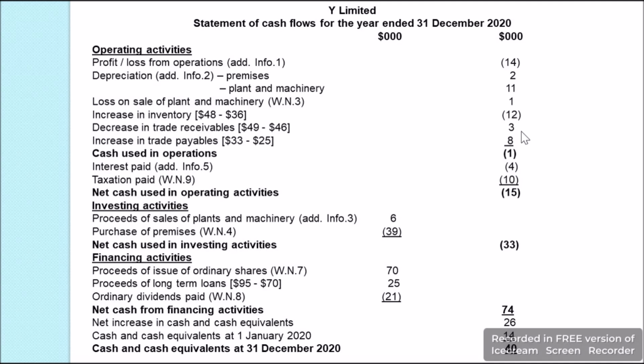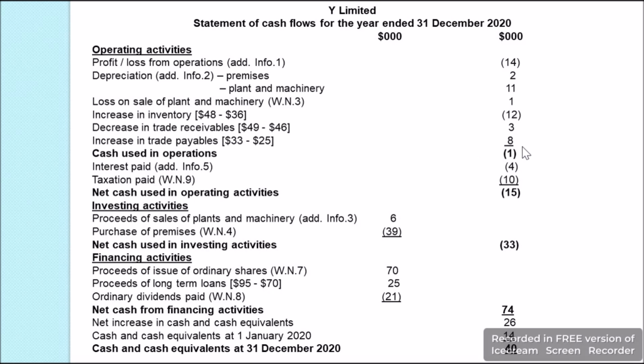Then we have increase in trade payable, which means Y Limited was able to buy more goods on credit and was able to sell them, and as they are buying it on credit there was no outflow of cash, but as they were able to sell more goods, hence there was inflow of cash. Hence in 2019 it was $25,000 and in 2020 it was $33,000, which led to an inflow of $8,000 in